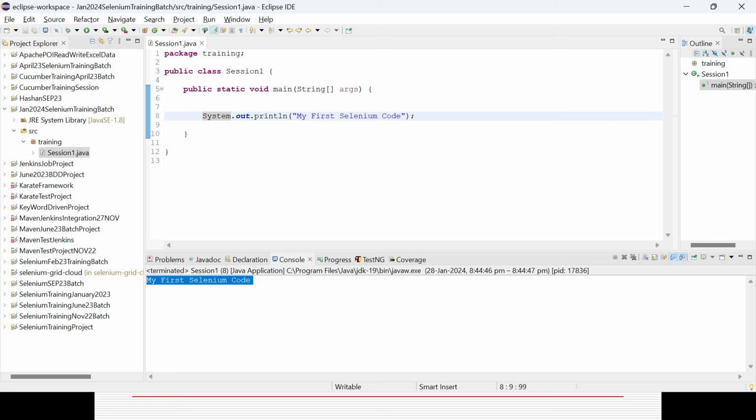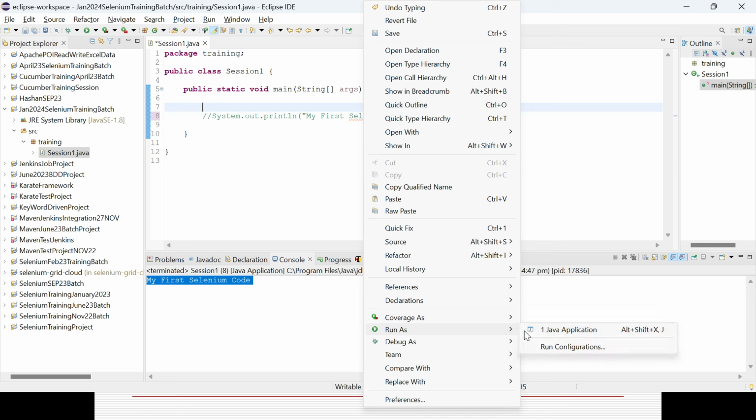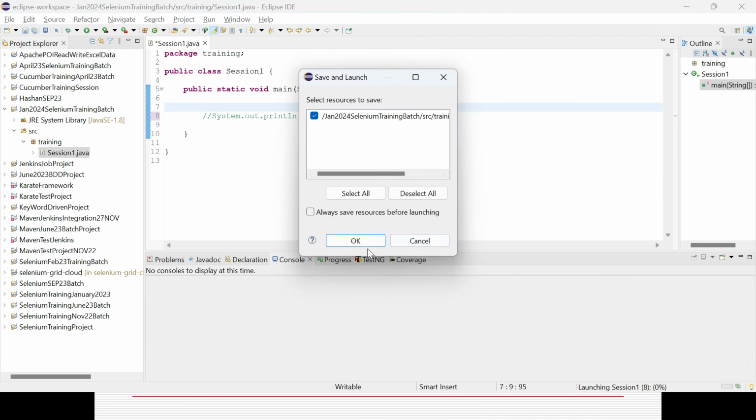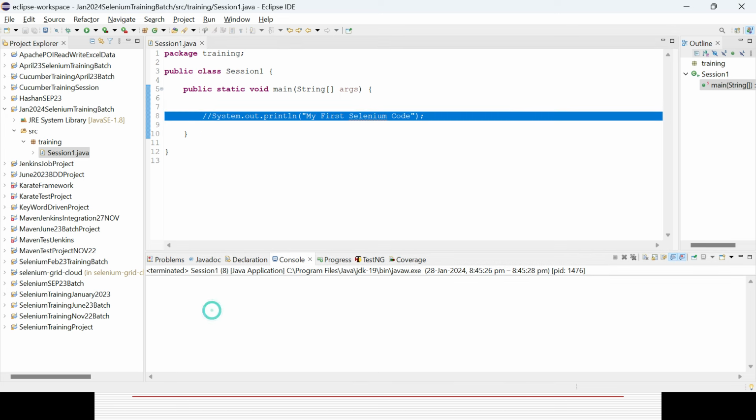You can comment out this code instead of removing it. In case it's a single line, you can simply give a double slash. You can see the color has now changed, which means the code will be available, but it will not be considered for execution. Now if you run the code, it will give you a blank result, because the one line of code is there, but it is disabled from execution, meaning commented out. You can see the output is blank.